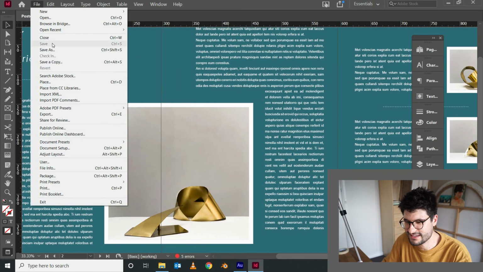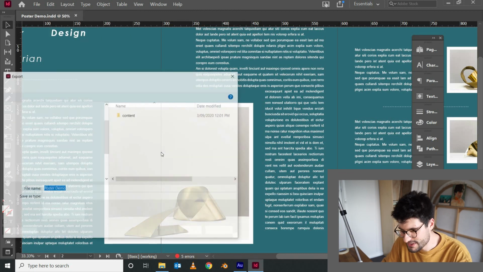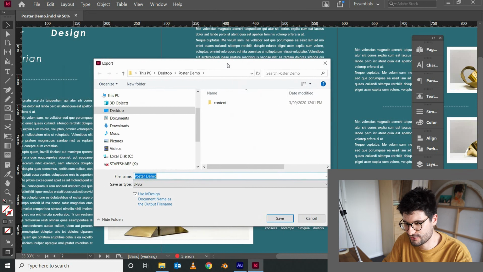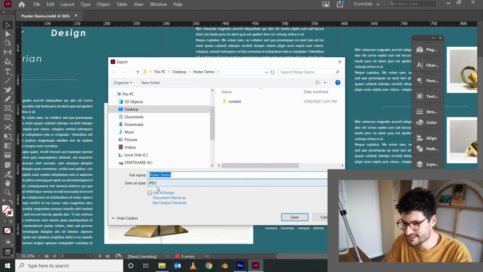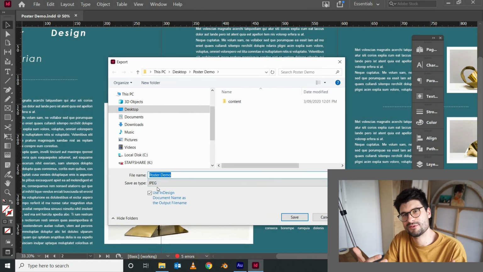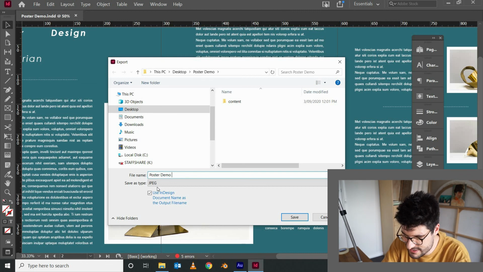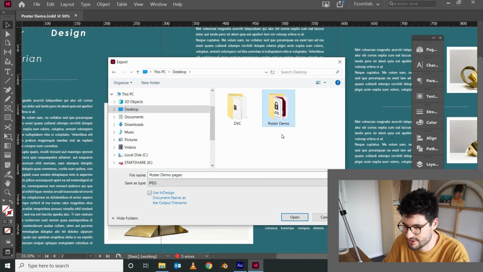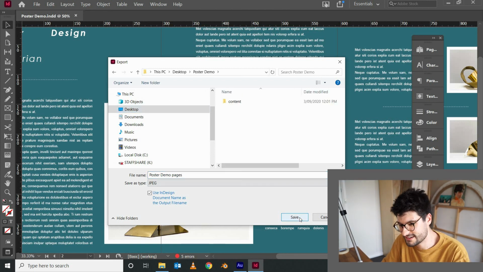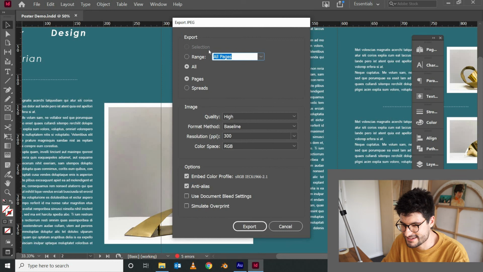Once you're happy with everything, you can go File, Save, and you can then go to File, Export, and here you can export your pages. So if I leave it as JPEG, what I'm going to get is 3 separate pages as JPEGs that I can just send to the printer. I'm going to call these poster demo pages. I'm going to save them to the poster demo folder that I have created, hit Save,